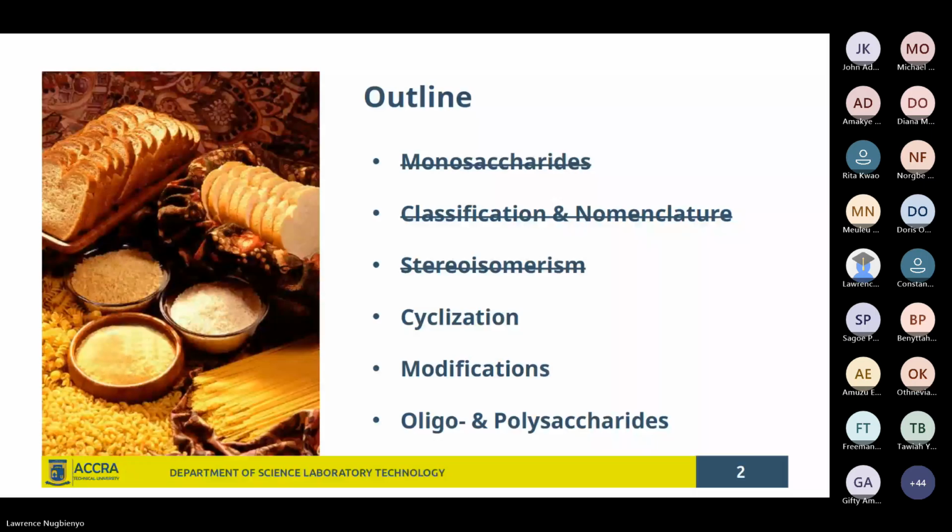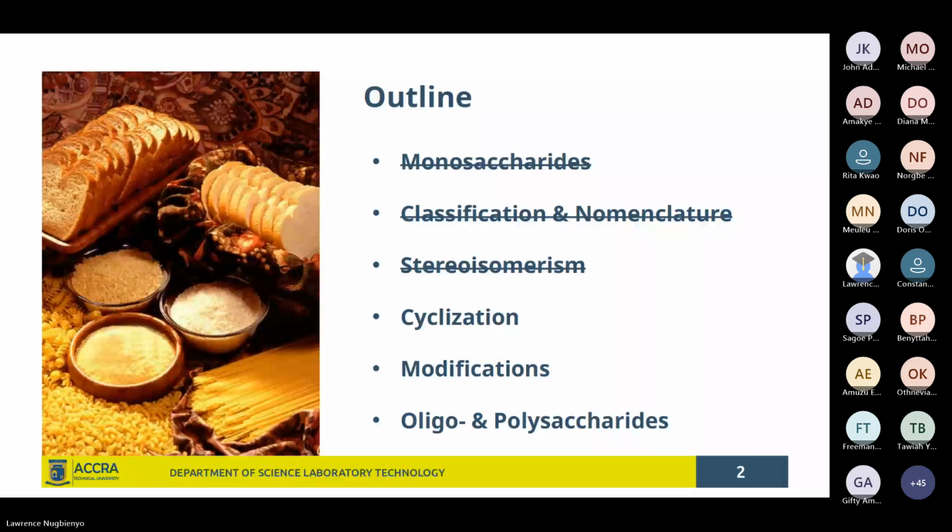Then we continued: 4 carbons, tetroses, pentoses, hexoses, heptoses, all the way to the nonoses. Then we looked at stereoisomerism,